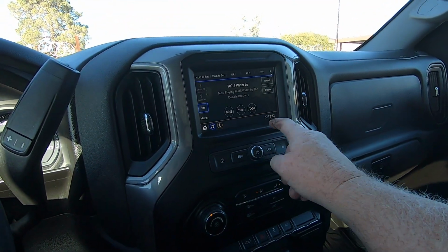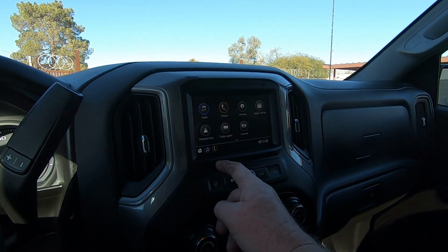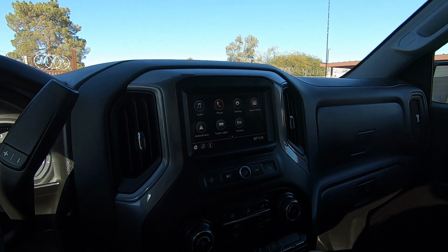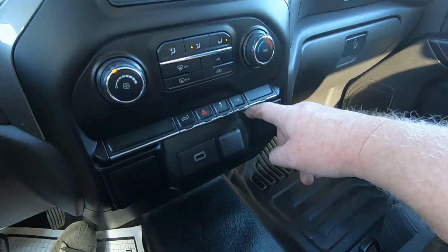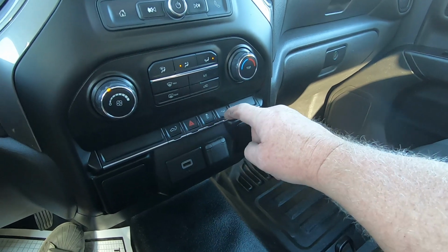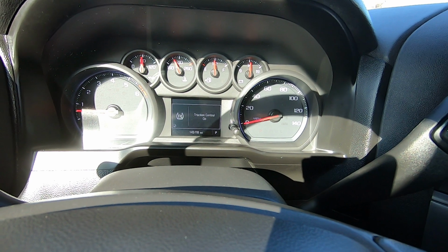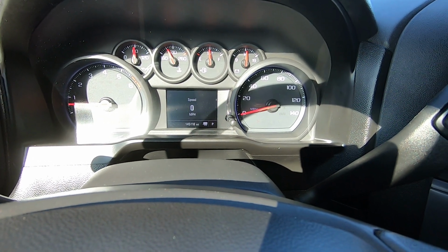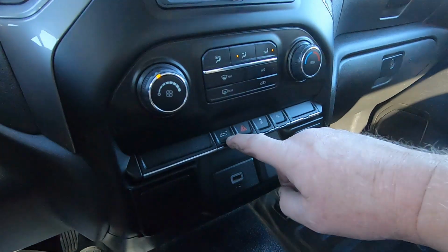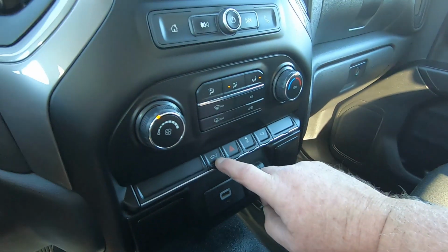Let's see. Okay. According to my brother, it's got CarPlay. He used his phone on it earlier. So you got tow, right? Traction control. Or traction control off. Traction control on. There's your trailer on and trailer off. What else we got? I guess that's the cargo light. Oh no, that's the